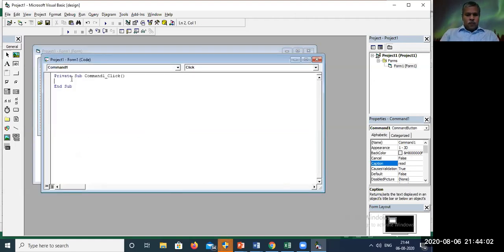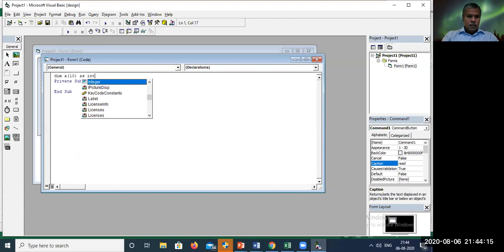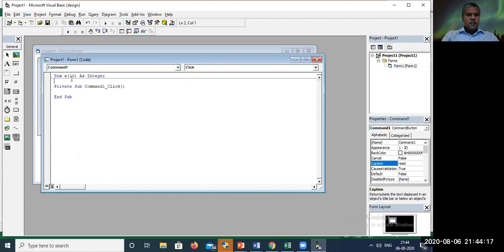Now I have to declare the array: dim A of 10 as integer. This is a fixed array. We have two kinds of arrays, fixed array and dynamic array.